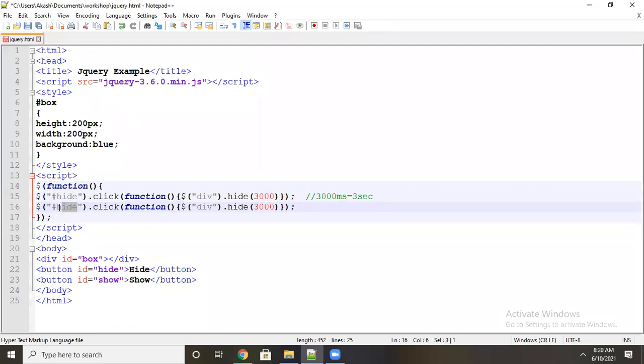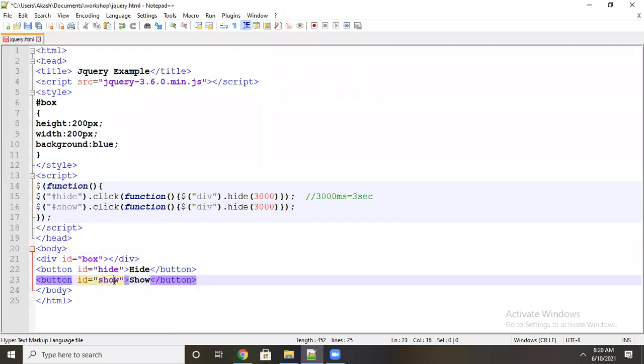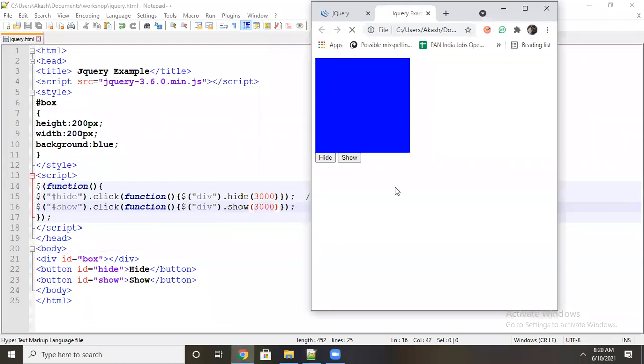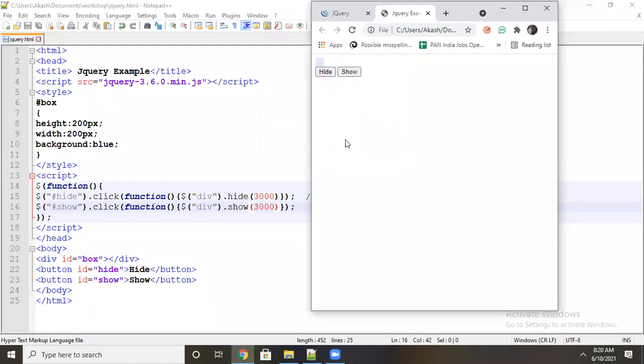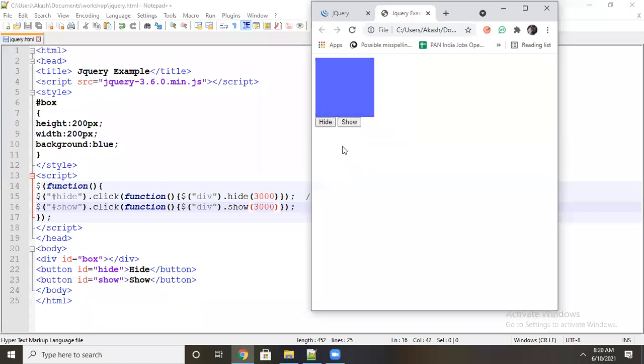Now when I click on the show ID, you mention division dot show. Now first I need to hide for show, then it will work. Now see, I can see the show happening. One time hide, one time show.